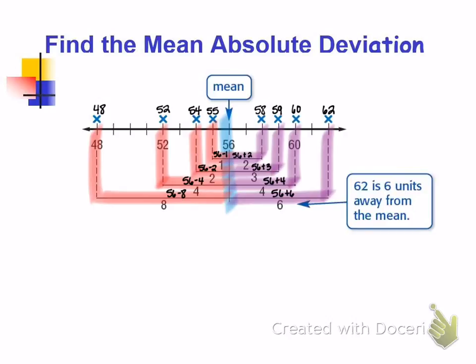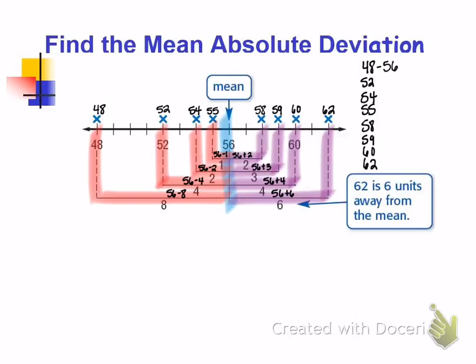We would be asked to find the deviation. So in doing so, we take each data value and we subtract the mean from it. So our data values again were 48, 52, 54, 55, 58, 59, 60, and 62. So if we were looking to get the deviations, we would subtract the mean from it, which would be